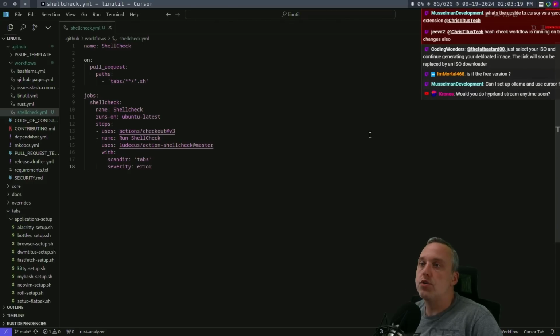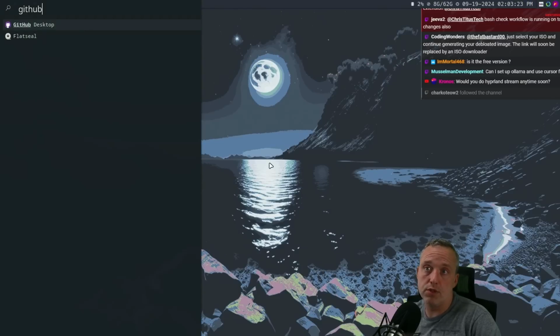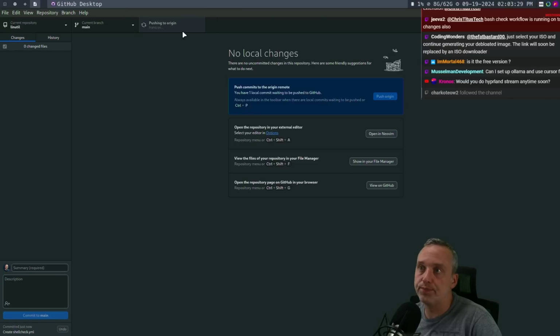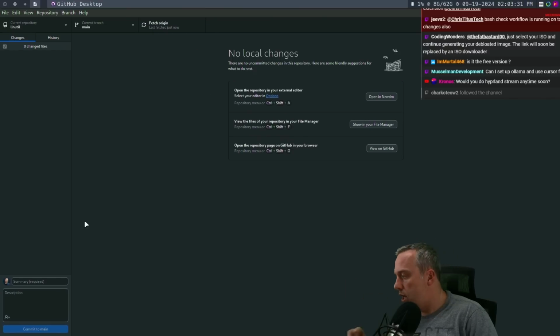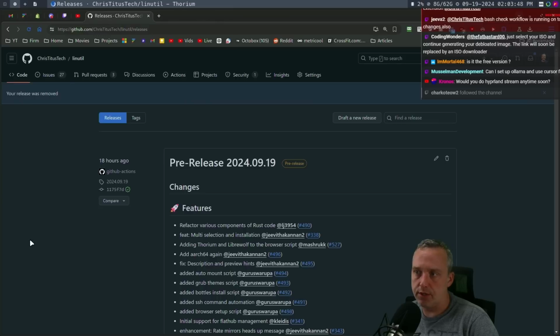All right. So this looks like a decent iteration of shell check for at least a first go. Let's see how close we are getting to the shell check. Here we go. Come on. Improving the CI/CD workflow. A Hyprland stream? Yes, absolutely, Kronos. I was actually going to do one this week. I just saw the PRs on Linutil are kind of crazy. So I was like, ah, crap. All right, let me